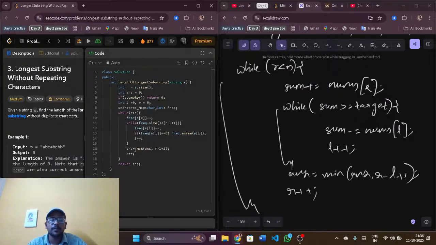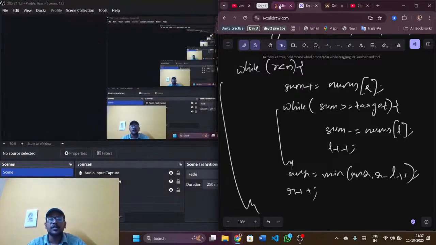So if you see here, I am incrementing the frequency. Here I am incrementing the sum. Here, while frequency dot size is less than r minus L plus 1, here the same, sum is greater than or equal to target. So we are doing a while loop. Only this however, sum minus is equal to nums of L. Here we are decrementing the frequency and then the L pointer is incremented. Then answer is equal to maximum of answer comma r minus L plus 1. Let us code this,